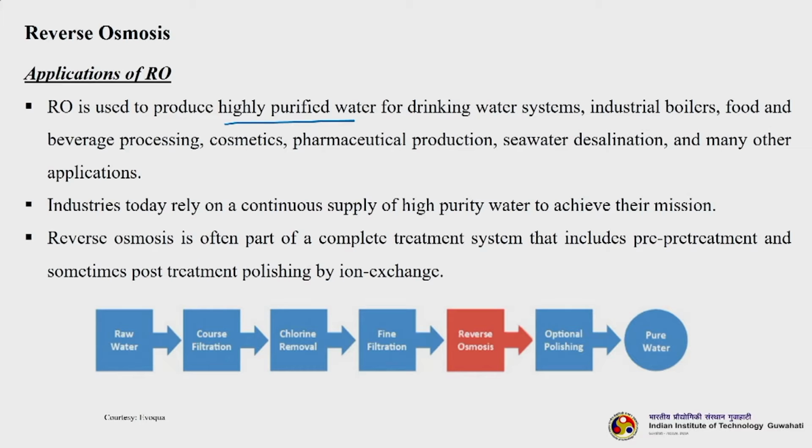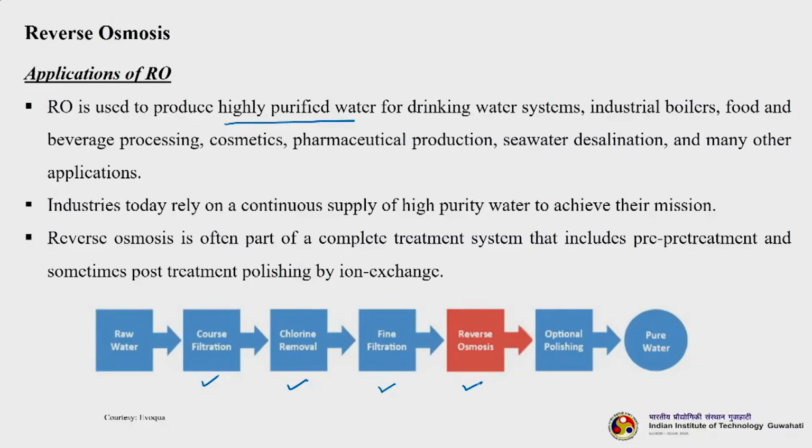You can see one schematic representation here of how the raw water actually gets purified. Water is initially filtered using a coarse filtration system, where you remove different types of suspended materials, grit and all these things. Then it goes to another tank, where the chlorine is removed, because the presence of chlorine is very bad for most membranes. So, chlorine has to be removed. Once the chlorine is removed, it goes for fine filtration to remove TDS and other things. Then next it goes to the RO system.